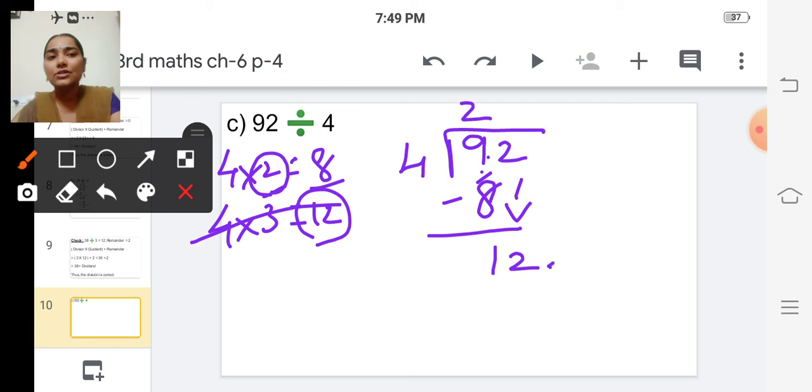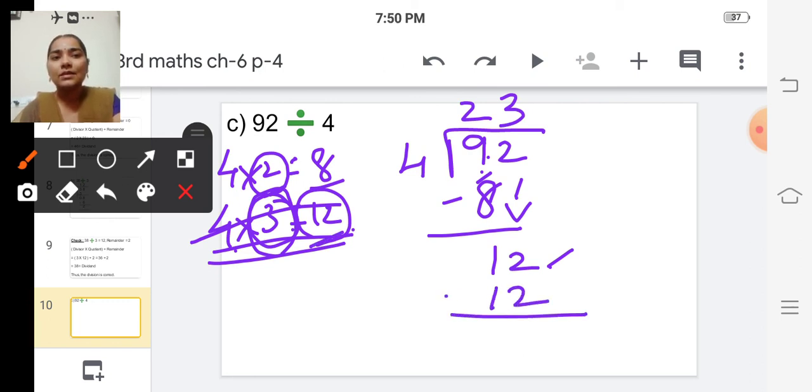So the dividend is 12. Okay, the dividend is 12. 12 is greater than 4, so definitely we can divide. How many times will it go in the fourth table? 3 times, isn't it? 4 3s are 12. So it will exactly go in the fourth table, isn't it? So write this 3 in the quotient place and write this 12 here and subtract. So 12 minus 12 is 0. So the remainder is 0.